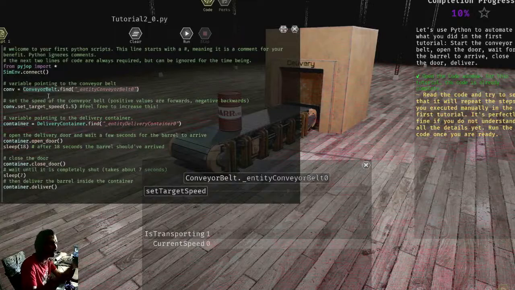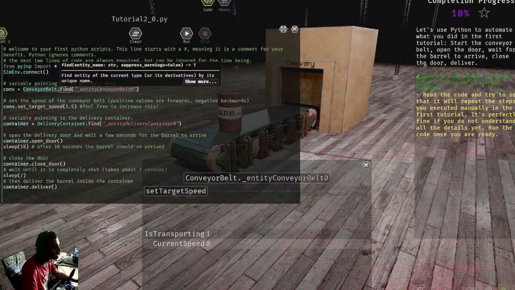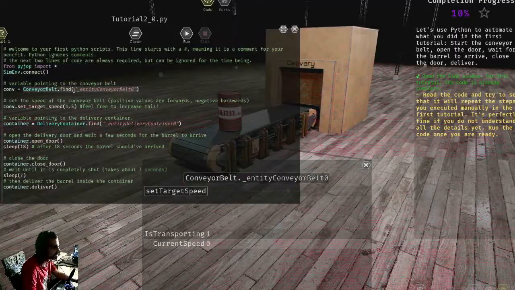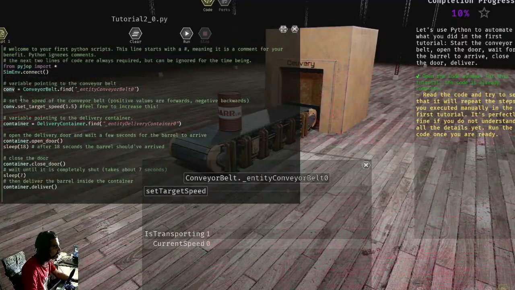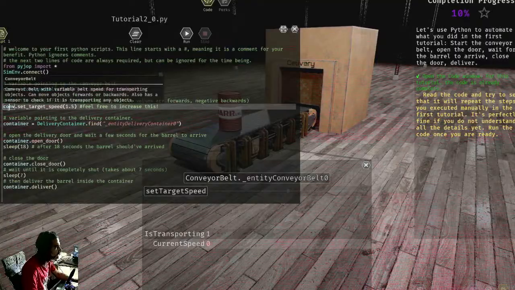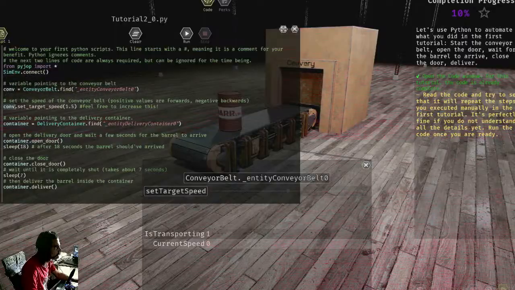Once you find it, all that process is done and you save that into the conveyor. That's it. So you kind of save yourself processing time as well by actually using this variable, because now the variable contains that specific entity, conveyor belt 0, instead of having to search for it every single time you need it. Like here, we have the creation of the variable. That's where the equal sign comes in. Then we have the usage of that variable, conveyor